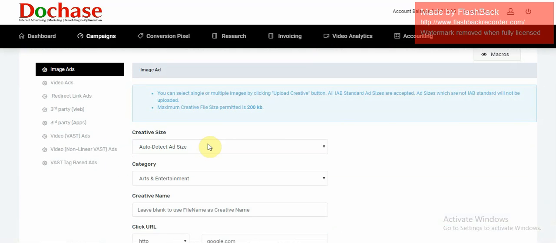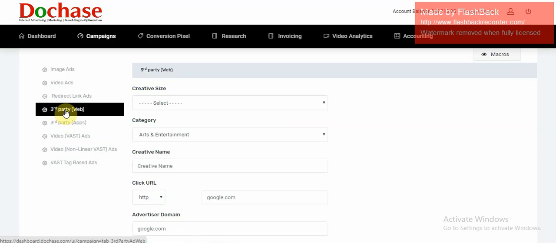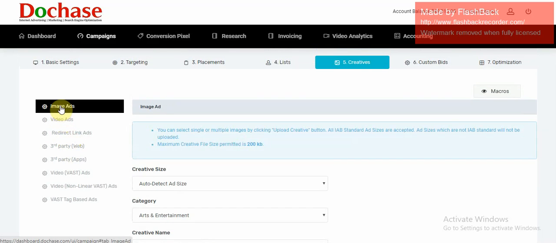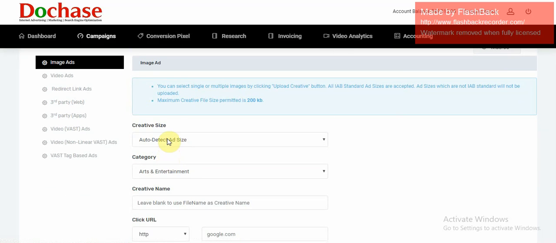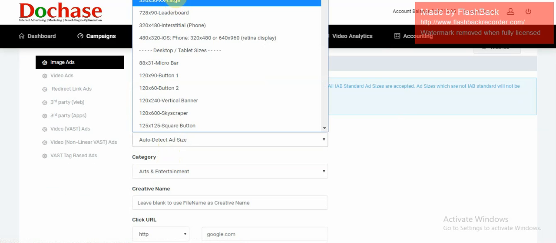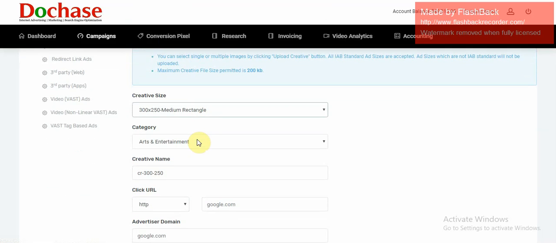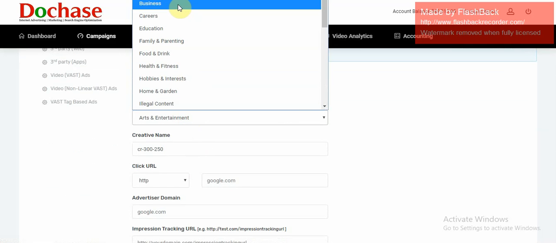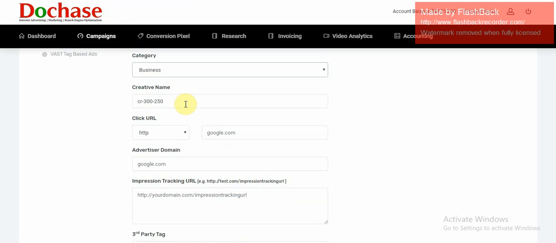Now you're able to upload creatives up to 200 kilobytes. You could also use video ads, you could use redirect tags, you can also use third-party tags like JavaScript code from Google or JavaScript code from any other ad server. You can also use VAST tags, but for now let's use image. So with image tag we select the size, and we select 300 by 250 with this medium rectangle, and we are targeting our advert to people in the category of business, so for businessmen and women,